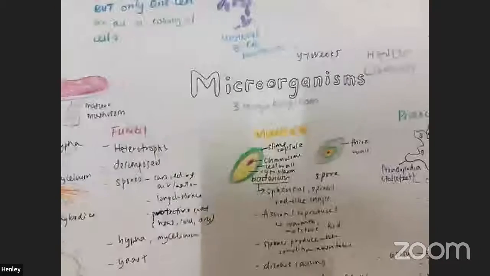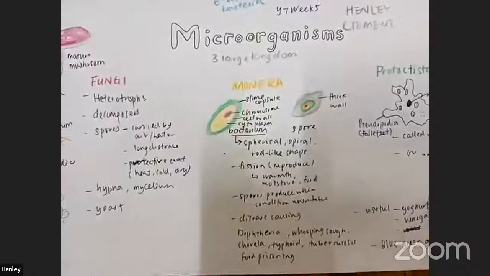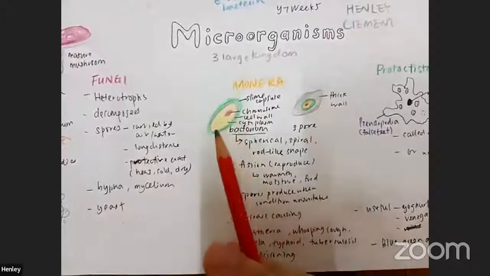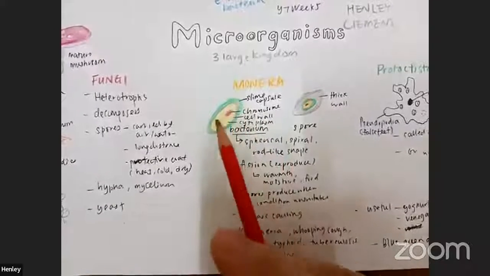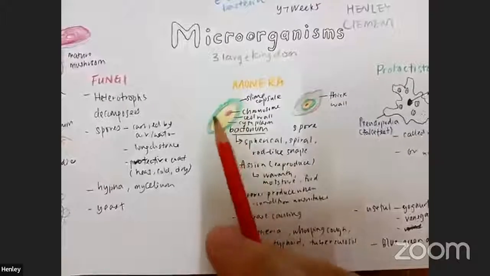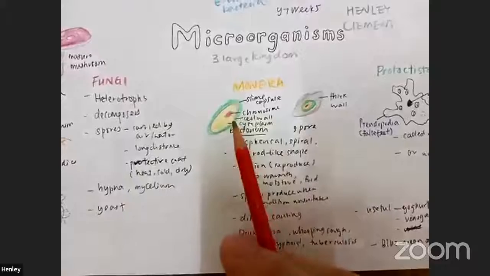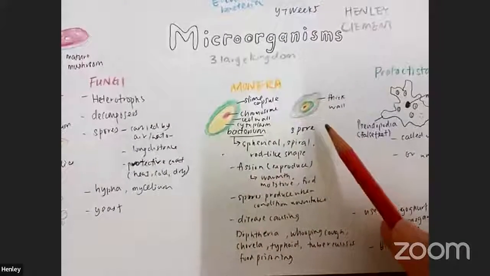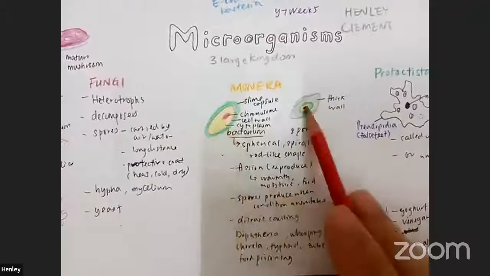The next will be the Monera Kingdom. In the Monera Kingdom, you have this type. This is the slab. This is the nucleus, or you can call it the chromosome here. And then we have the cytoplasm, a cell wall, and a slime capsule. This one will produce a spore as well, but the spore will be protected with a thick wall, thick compared to the cell itself.